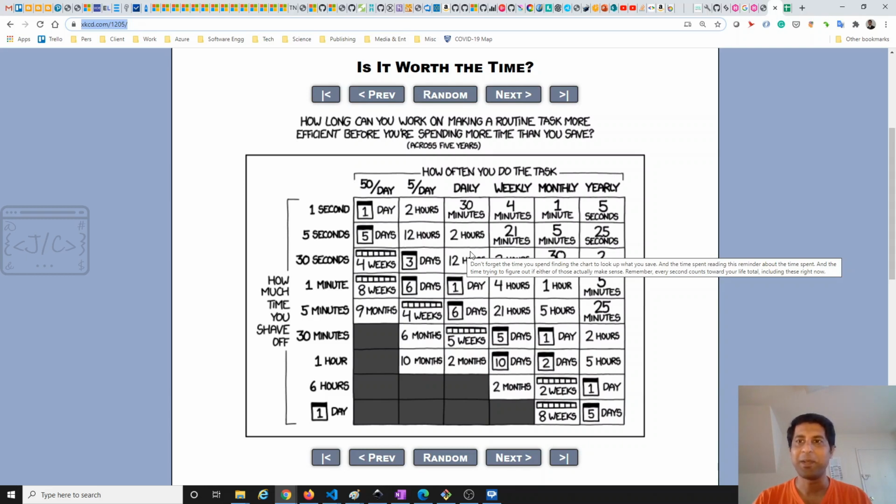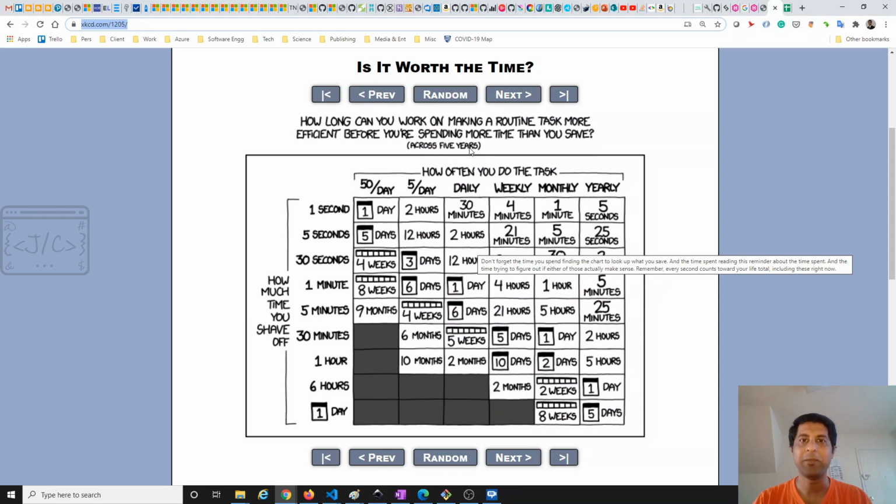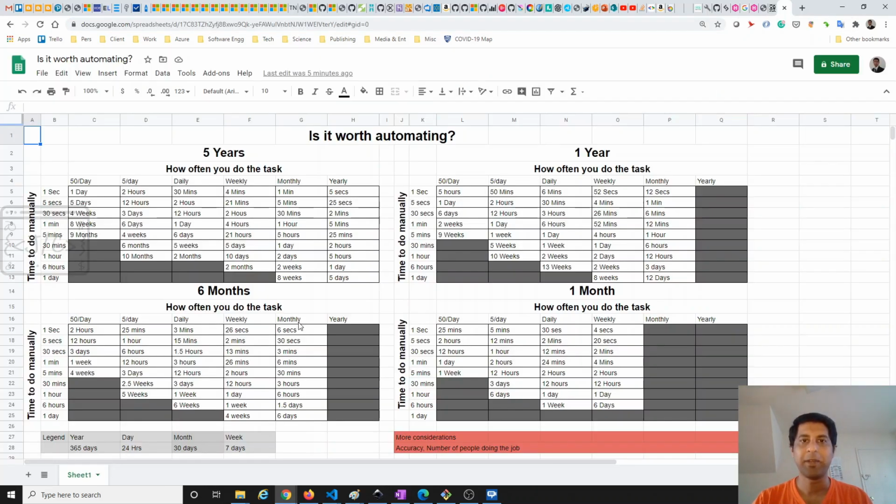My contribution is different. The problem with this chart is that it is built for only 5 years. Getting a 5-year project is like a lottery. We normally work on a 1-year project or 2-year project. How do you calculate the feasibility on a 1-year project? So I just created another Excel for different scenarios.